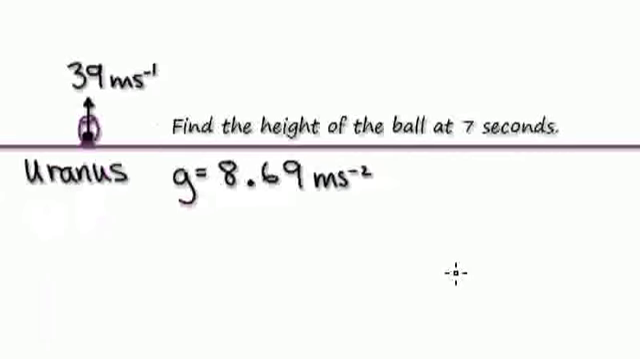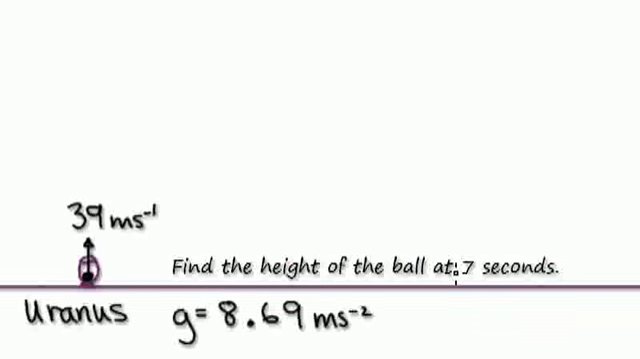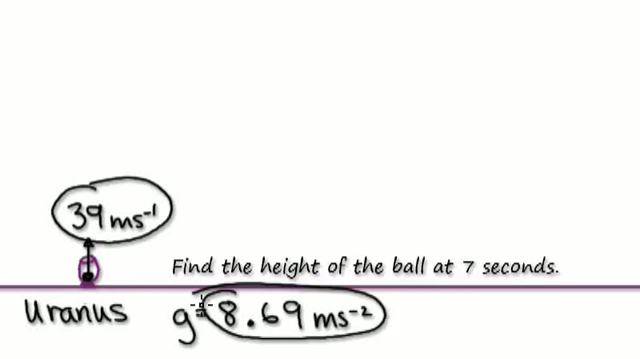Okay, now it's your turn to have a go. So I'm now going to put you on Uranus. You're on planet Uranus. You're going to fire a cannonball vertically upwards at 39 meters per second. Gravity on Uranus is 8.69 meters per second squared. So when you fire it up, it will reach its maximum height, and then it will start to free fall